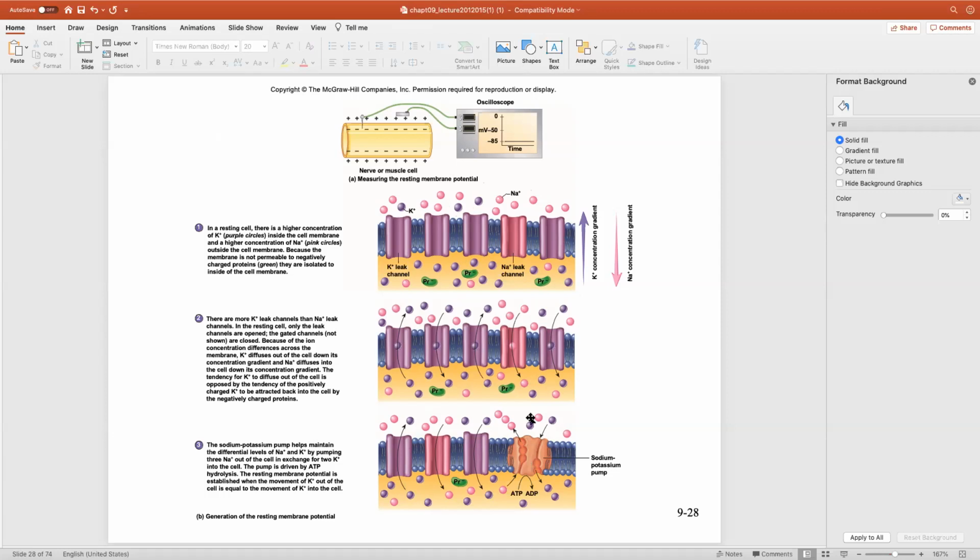Why? Because we keep pumping it out. Low sodium on the inside because we keep pumping it out. The opposite is true for potassium, right? Since we keep pumping it in, high potassium on the inside, low on the outside. The movement of those ions is going to allow for rapid depolarization and repolarization,